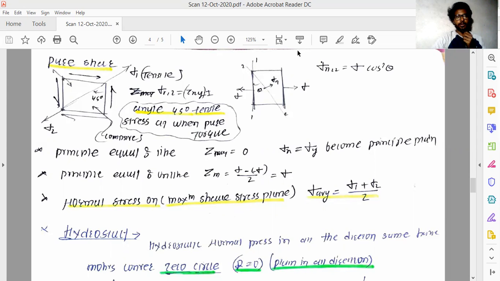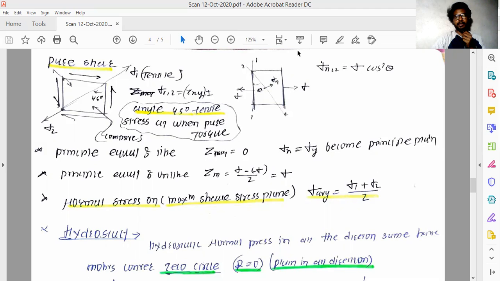pure shear stresses. Pure shear stress is nothing but a case where there will be no elongation; tensile stress is not going to act, and only the shear stress is going to act on the element. You can see on the left top of this PDF, which shows that when you apply compressive forces in a particular and the perpendicular direction, or when you apply a torque to any cross section,